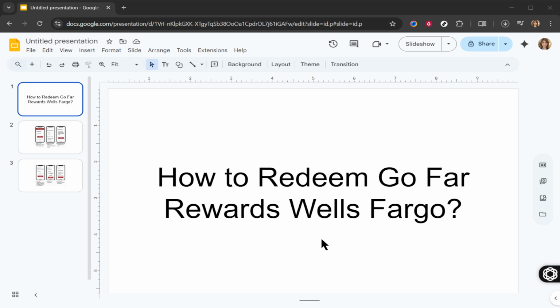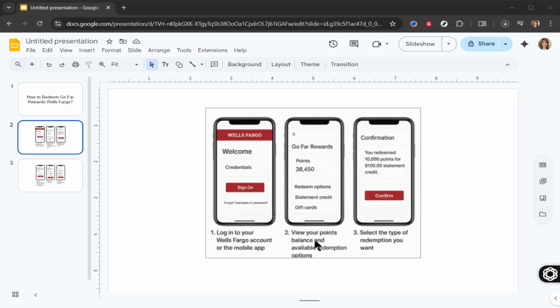Let's dive right in. First, what you'll want to do is log into your Wells Fargo online account. You can do this from your desktop or through the mobile app, whichever you find more convenient. Once logged in, you'll need to navigate to the section that handles your credit card rewards. This might be labeled as rewards or directly as GoFar rewards. It's usually pretty easy to spot, but if you're having trouble, a quick search in the application will point you